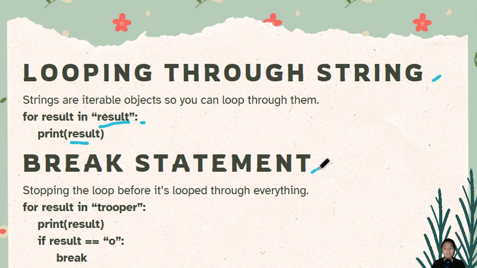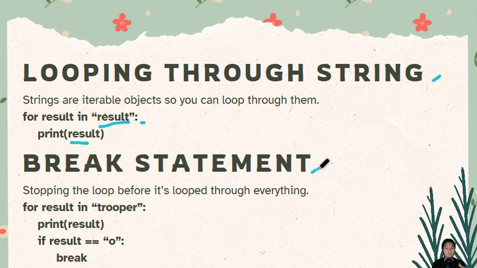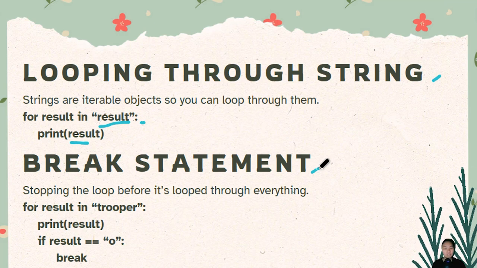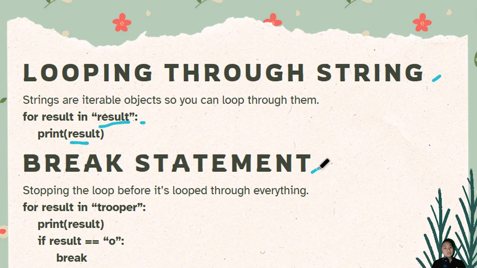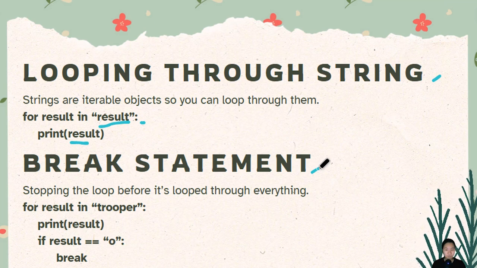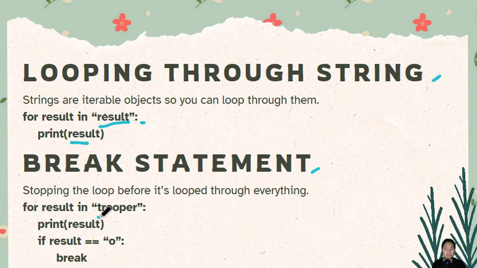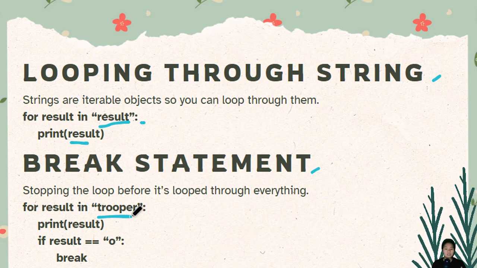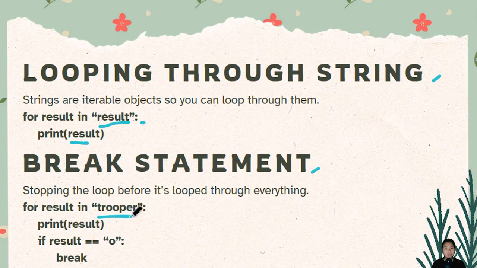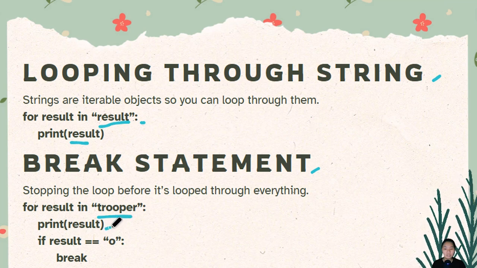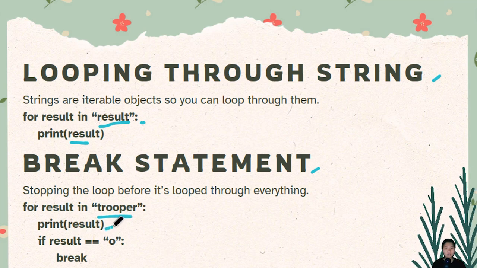Next up, for a break statement that's often used in a lot more things and not just with loop. You can also use it in while statements as well, as we've seen in previous lesson, the while loop. A break statement would stop the loop before it's looped through everything. So it's basically like a stop button. We have for result in trooper, and I want to mention that for result, the word result here is just a placeholder. You can replace it with anything, okay? XYZ or just any sort of word. Print result, so we're printing through TRO,